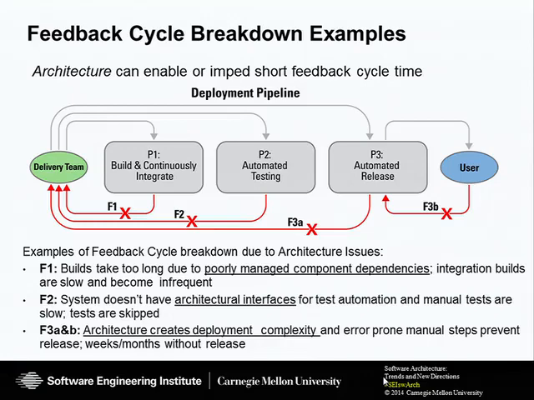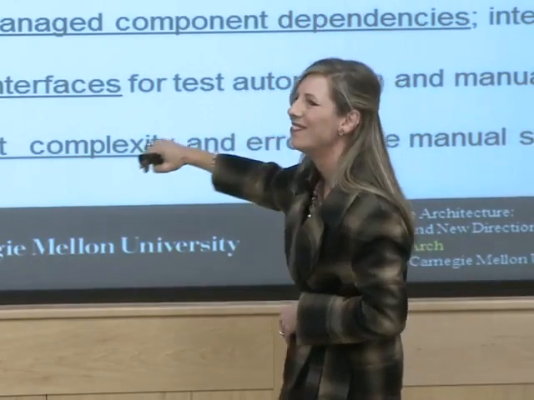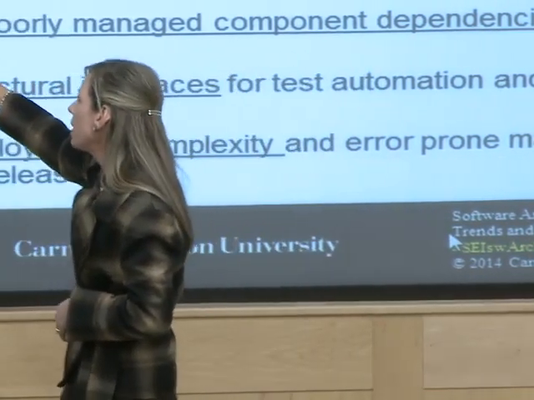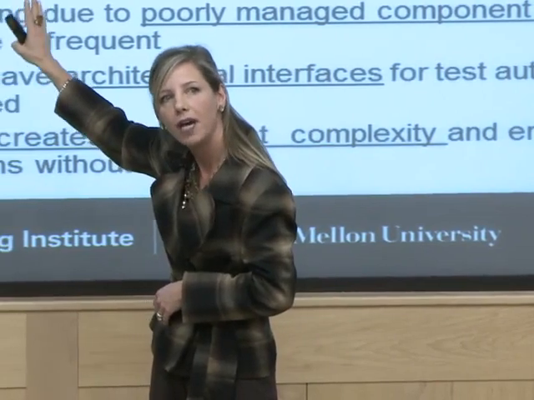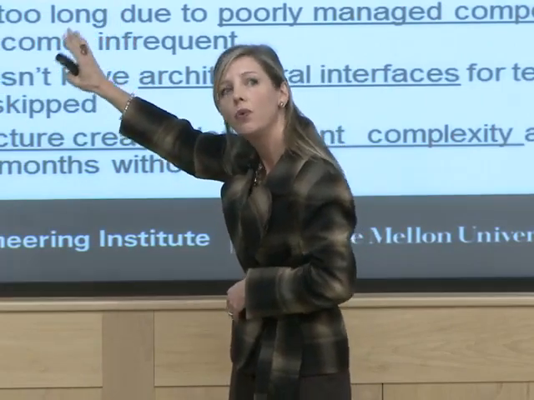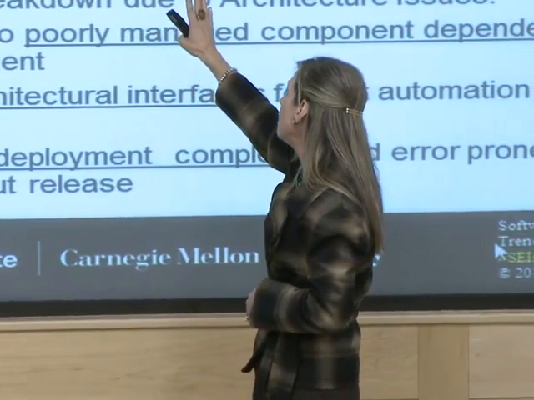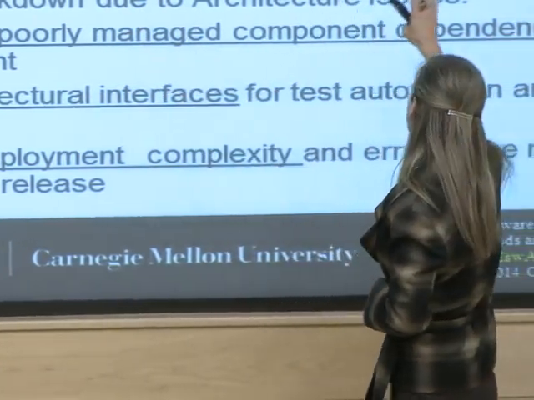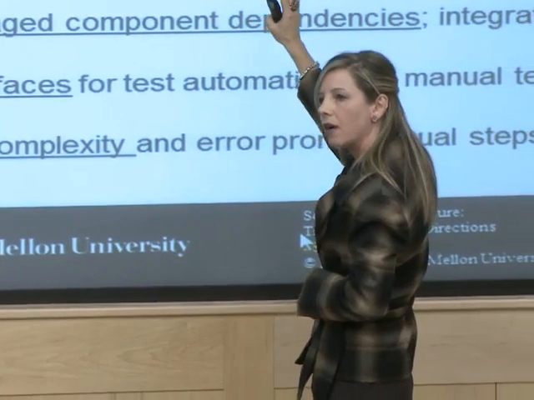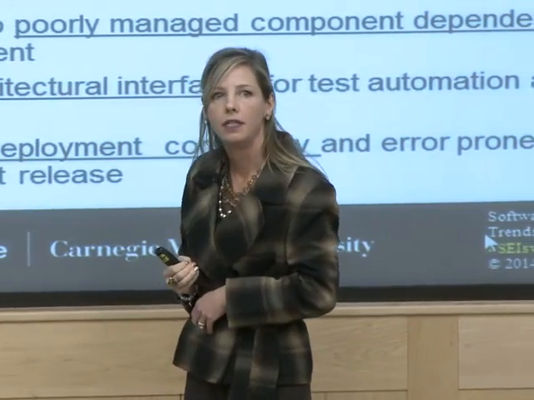And then the automated test release cycle is the phase where you're basically pushing the software out. So those are the three phases that I have shown here. And when things are working well, you have these nice feedback loops. You have the builds going on continuously. You're getting feedback constantly, or at a minimum, you're getting it daily. The feedback loop is going well. Here you have automated tests running, getting feedback quickly. When it's going well, you've got deployments going out quickly. You're getting feedback. The feedback is going back to the delivery team so they know how the system is performing